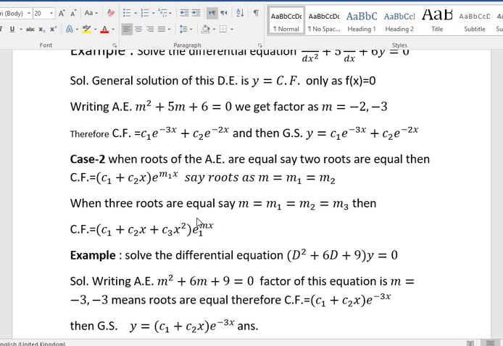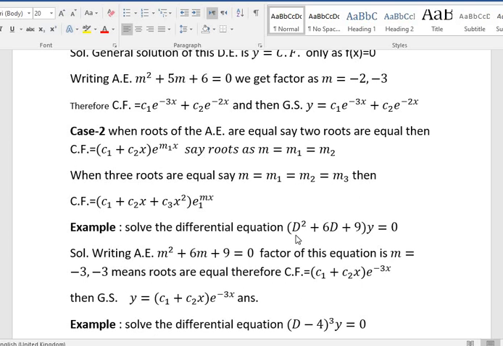Here e power m1x, not e1. Solve the differential equation. See, I am going to explain you. This is (D² + 6D + 9) y = 0. What you have to do? See, the general solution of that one is